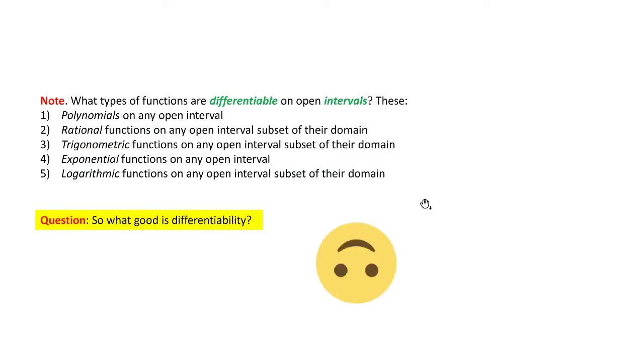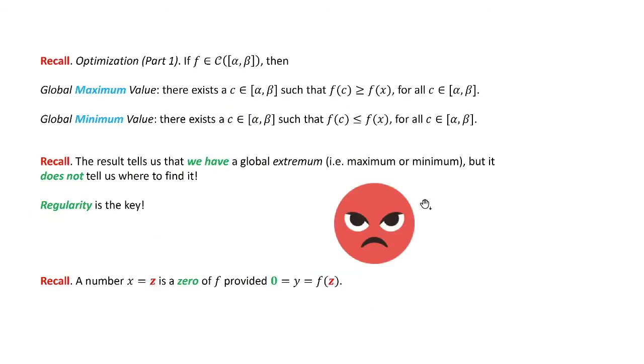So what good is differentiability? That's a good question. Well, let's come back and look at this. Now, we haven't finished this yet. We'll be using global optimization on closed and bounded intervals. We'll be poking at this throughout most of the semester. But what we left before is if I only add continuity, remember, including the endpoints, I can just tell you there's a maximum and minimum value. So if you talk about the temperature distribution in the room, with continuity up to and including the walls, I can tell you there exists a maximum temperature and a minimum temperature. I don't know where. But I told you then, if you give me more smoothness,